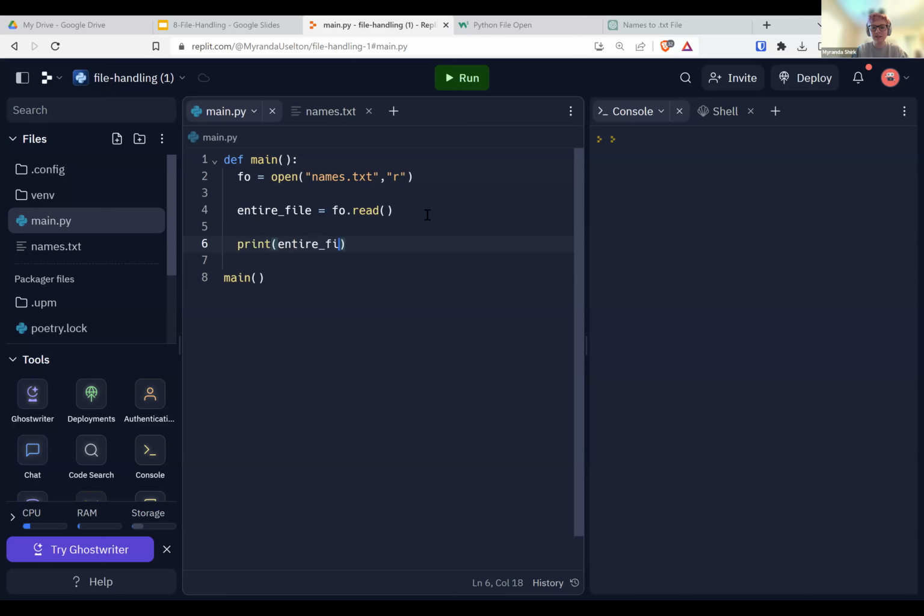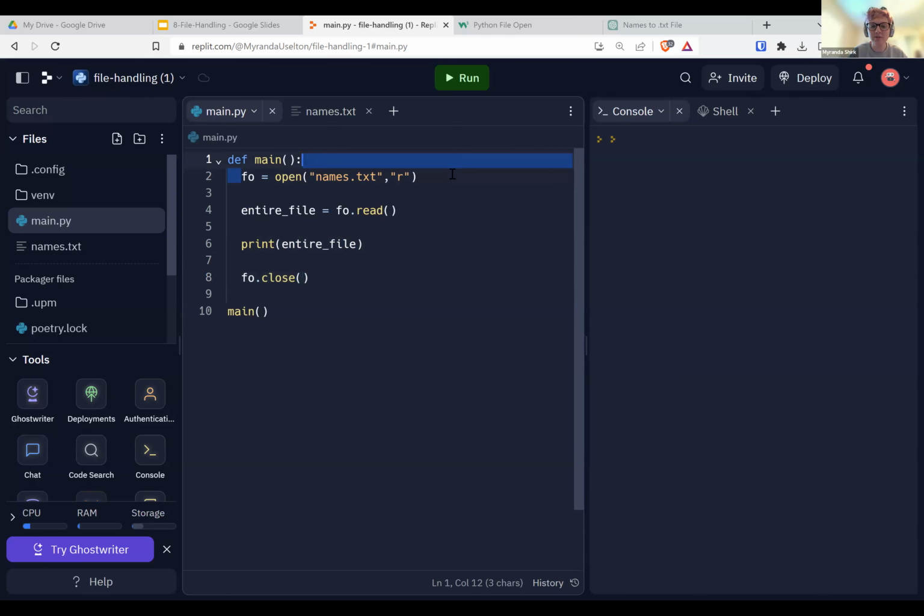So print entire file. And then at the end here, I'm going to say fo.close. So all I'm doing here, I open the file, read the entire file with fo.read. I want to print that, and then I'm going to close the file. So you see our workflow here. We have open, we have read, do whatever we want, print the contents, and then we close it.